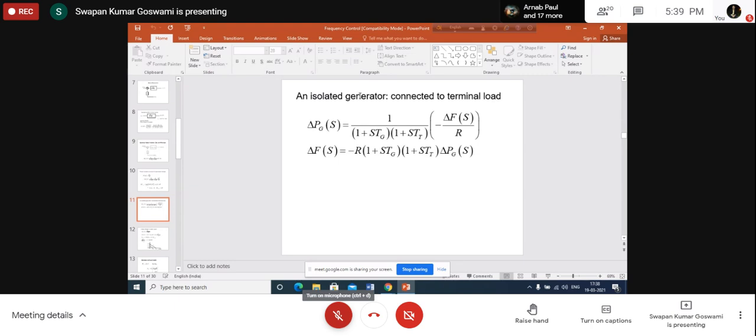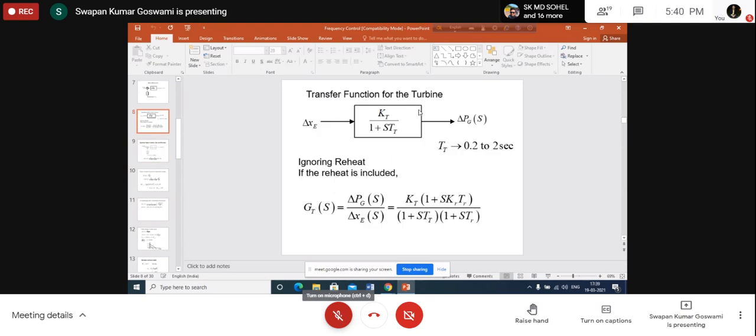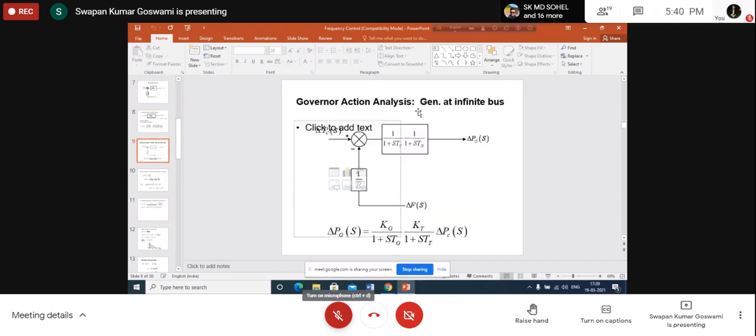So under this assumption, assume that we have not changed the position of the speed changer, and any change in the output of the generator will be due to the change in load only. That means, in this condition, del PC remains fixed. We are not changing the input of the generator, but the output is changed. How is this changed? Whenever you connect some load, obviously the output power will change. Why will the output power change?